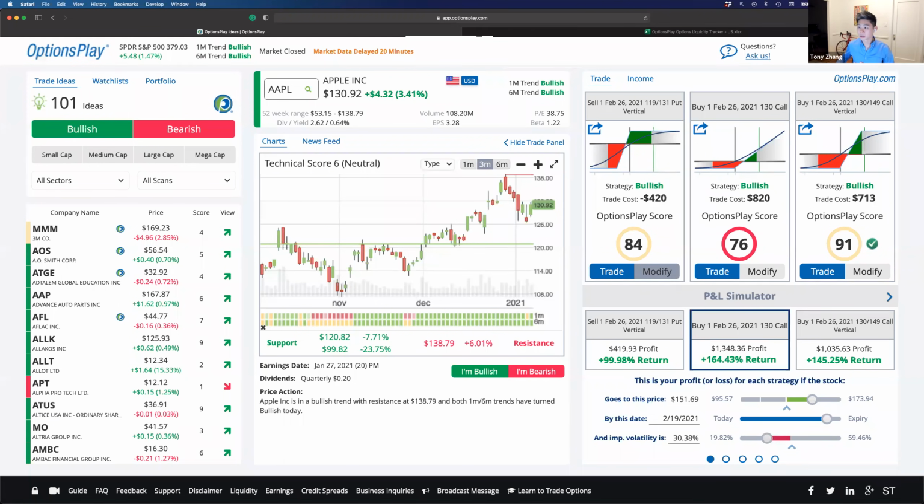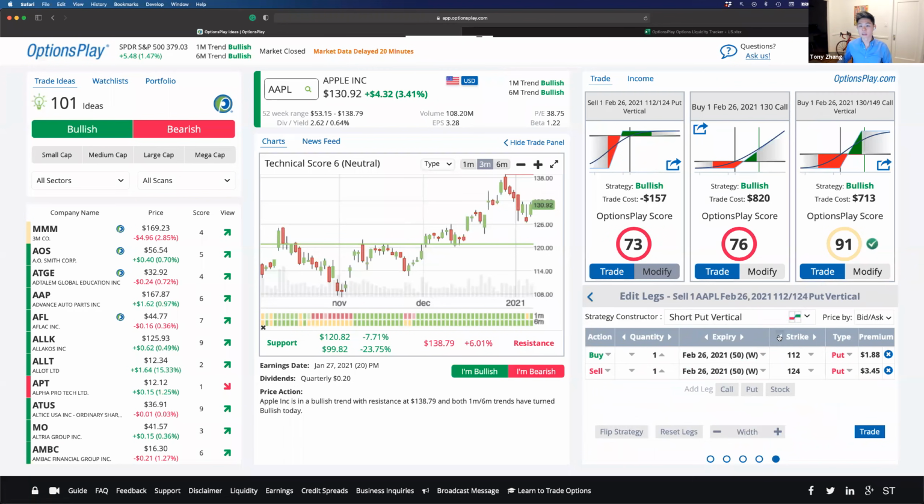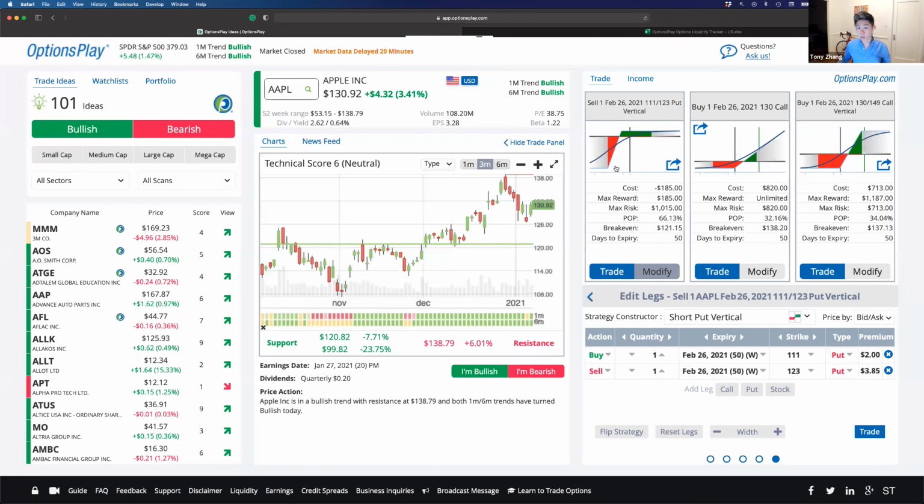Carrie, in terms of recommendations, not sure, do you decrease risk by selling below the current market price? I'm not sure what you mean by do you decrease risk by selling below the market price. If the question is, do you reduce risk by selling a credit spread where it's lower? The answer is sort of, not really, because your break-even price. So let's say before, right? Before in the example we were doing, we're selling the 130, 120, right? The break-even price of that is 126.55. So as long as Apple stayed above 126.55, I am profitable. But the max risk on this particular strategy is